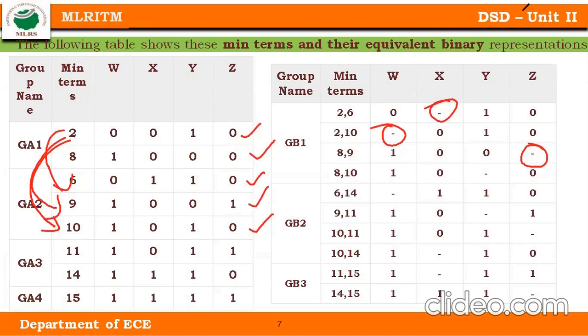Okay, then 8 and 10: 1 same, 0 same, 0 same... sorry, 0 1, this is here, the third one is changed, 0 0. So 10 is also grouped, 8 and 10. Then the first group is compared. Now group 2 is compared with group 3. So I need to go for successive methods again.